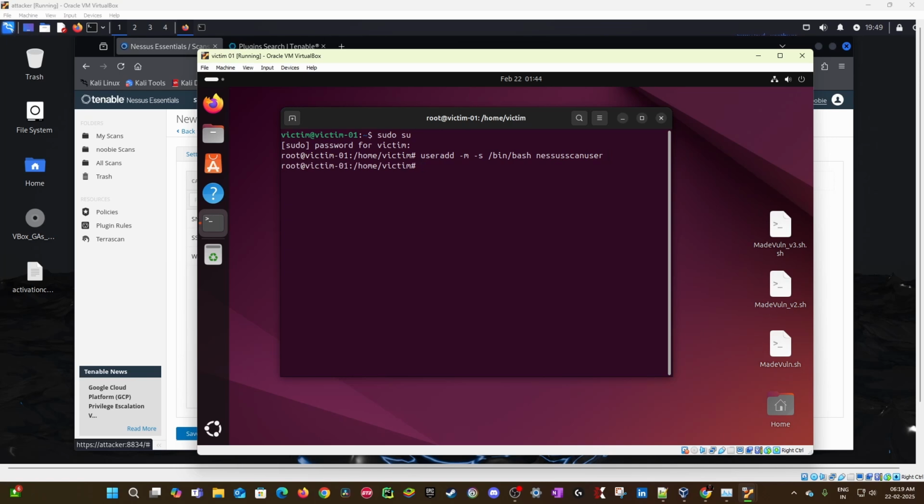So we have created it, and then let's change the password for this one. This is scan user. Yeah, we have created a user. And if you have some restriction on your SSH configuration to only allow particular users, then